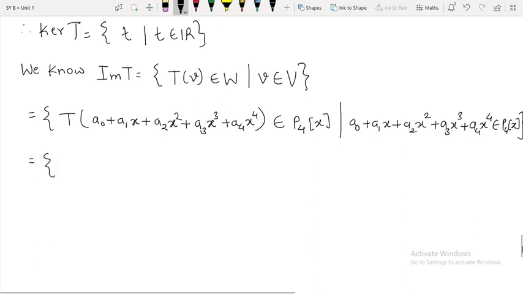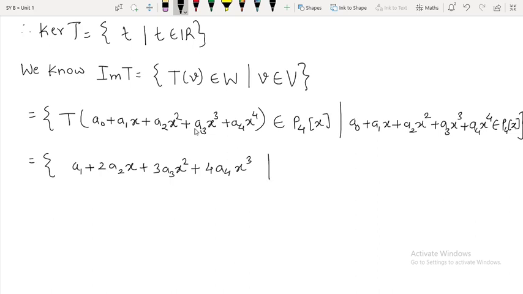Now simply use the definition of this T, that we have already seen. So what is the definition of T? Simply take the derivative of this, isn't it? So what is the derivative of that? This is nothing but our p of x, you might remember in the beginning. So what will be its derivative? The derivative of a0 is 0, so a1 plus twice a2x plus thrice a3x square and plus 4a4x cube